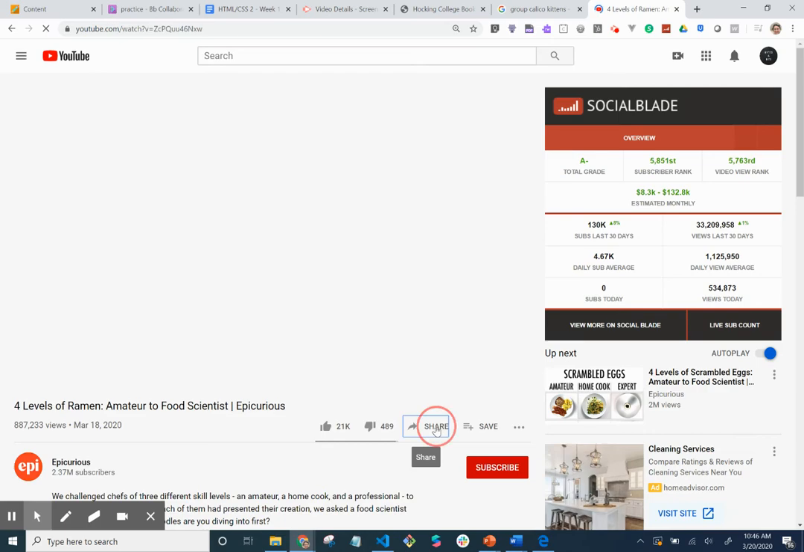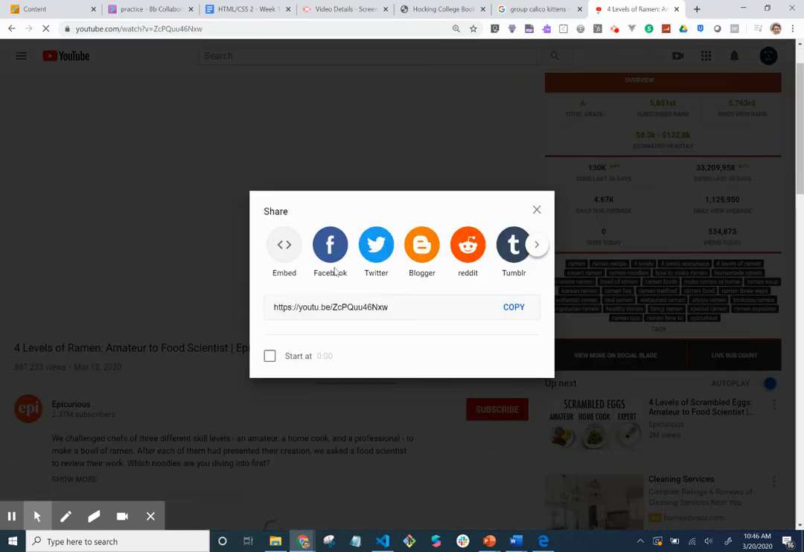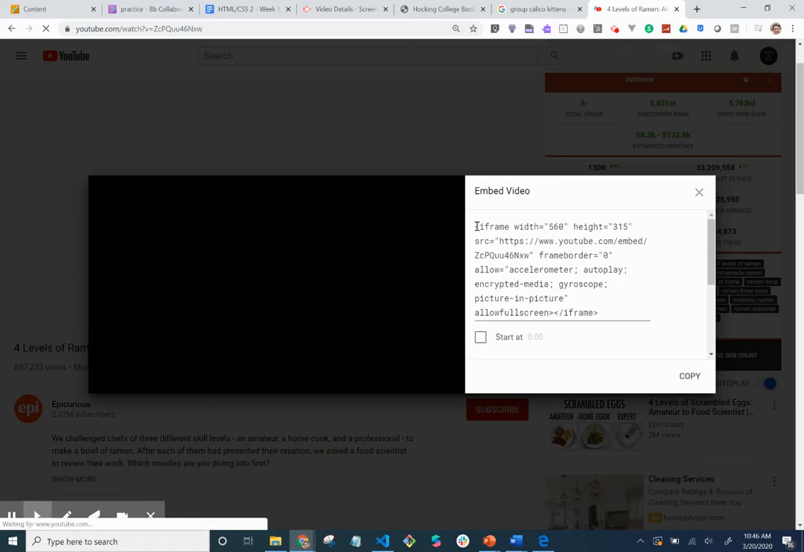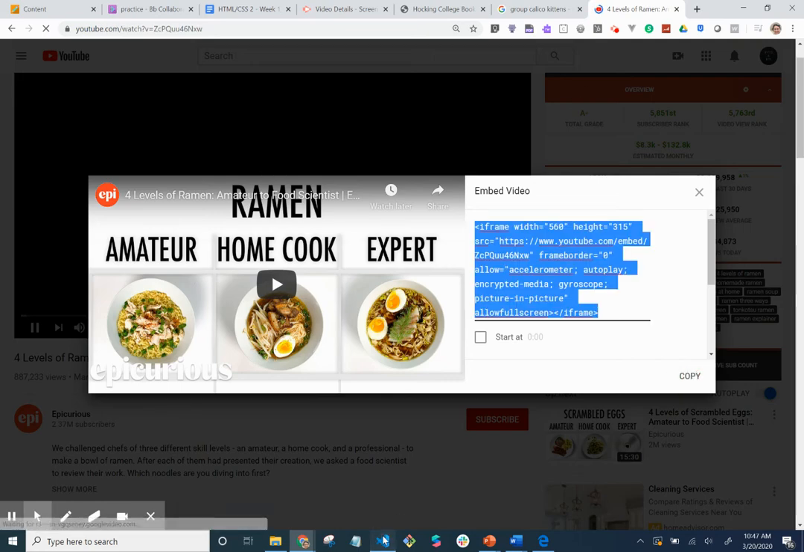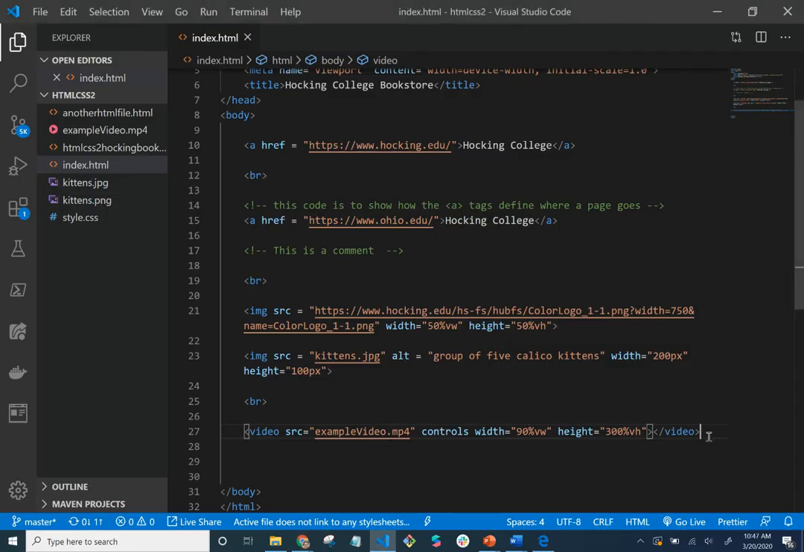To do that, you click share and you go to embed, and it's an iframe. Like I said, iframe is an HTML element, and it's really easy just to include this into your web page. So all you have to do is hit copy. You can customize if you wanted to start at a different point. I'm not. Hit copy, and you literally just